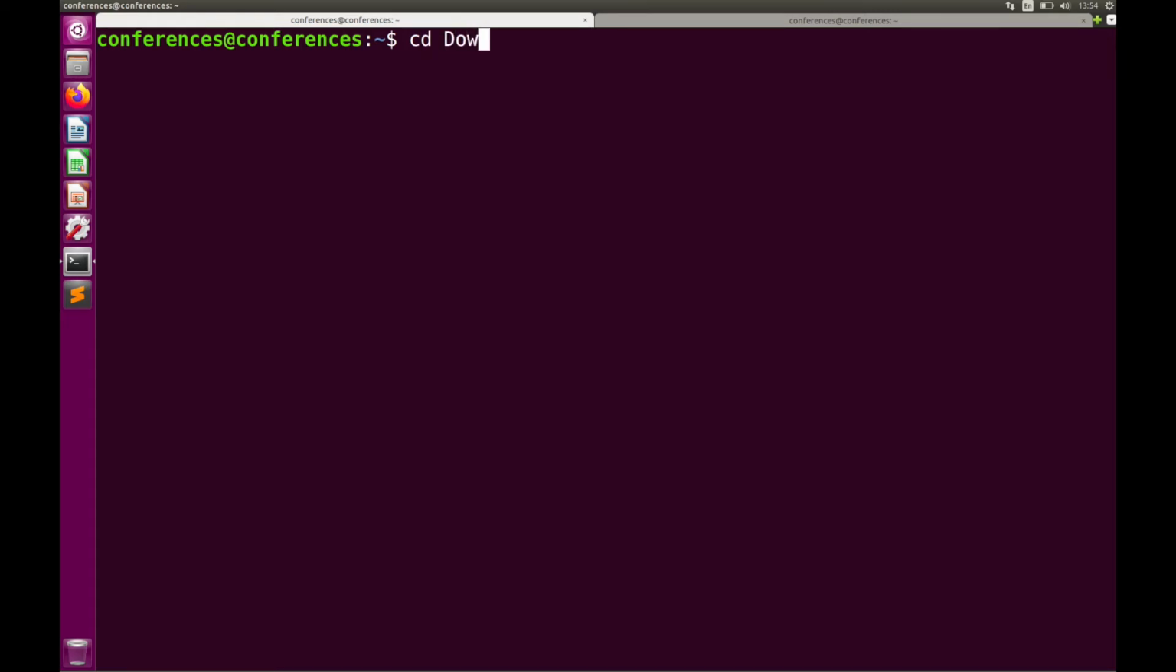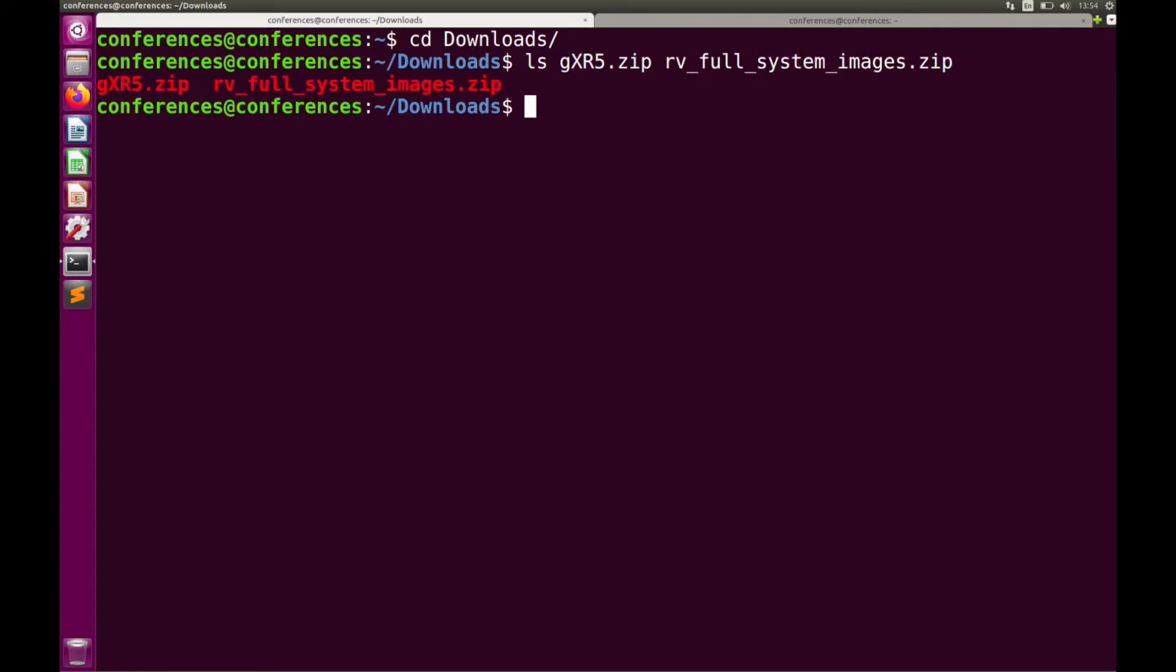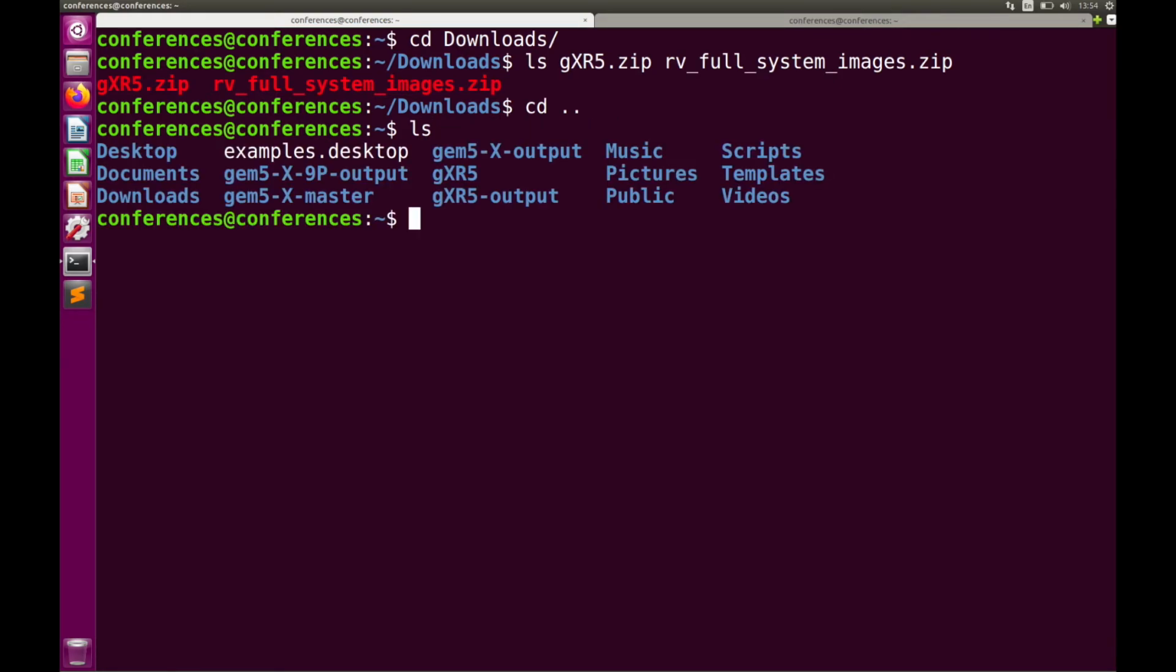Now, if I go to the downloads folder, you can see, like before, we have a GXR5 zip file as well as this RV full system images zip file. This is analogous to the gem5-X master as well as full system images tar file we saw earlier. So just like before, you would go to the home directory, do unzip downloads/gxr5.zip, and that would generate your GXR5 folder,